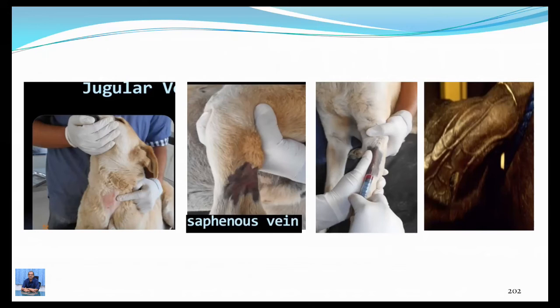Anything? Yeah. That's about the saphenous vein, especially in case of dogs. It's given there, and many other veins, ear veins and other things, can be used. The saphenous vein and ear vein can be used. But the disadvantage of the ear vein is that the vein is very, very small here, and if you administer an irritating drug, the tissue gets sloughed off. Many times the tissue will get sloughed off. That's why only if the quantity is very small and the solution is isotonic, then you can go for intravenous administration through ear veins.